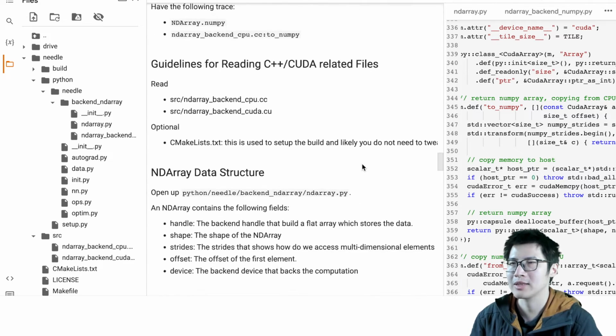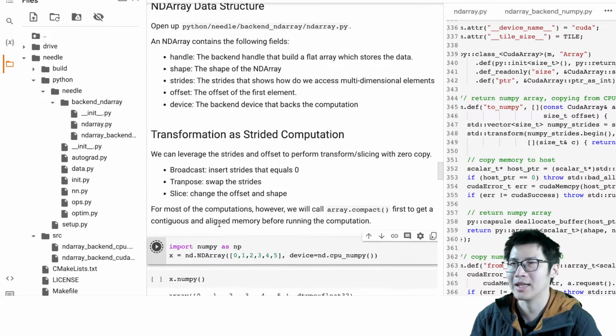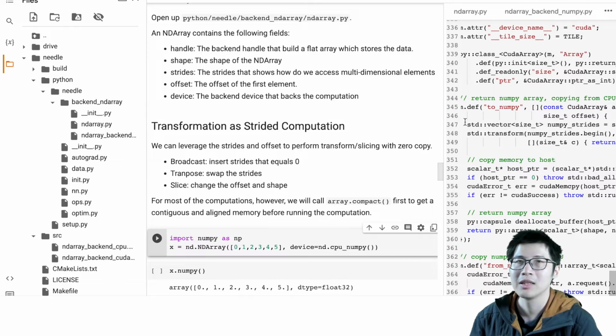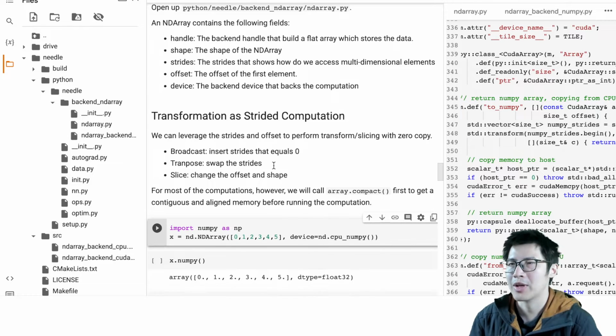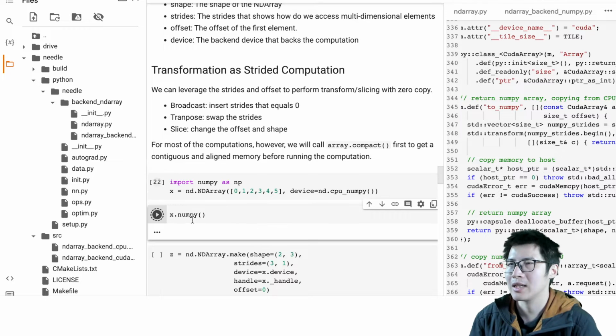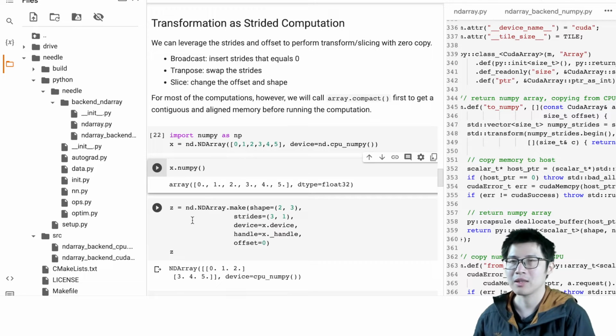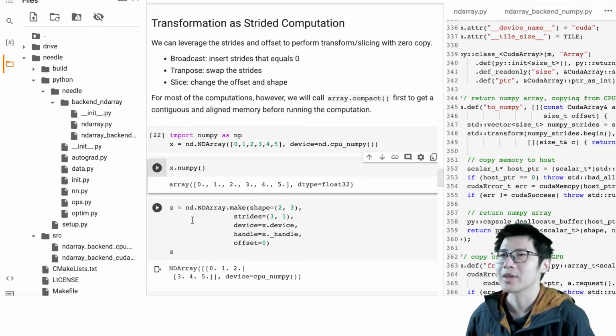One thing you might notice is that there's this element called strides, and the shape and offset. So one question that we have is, why do we need strides? The reason being that depending on how we specify the strides and shape and device, we could get different variants of an array. For example,